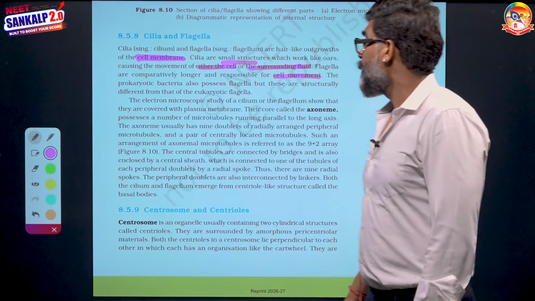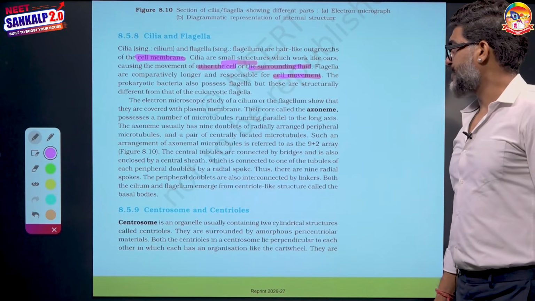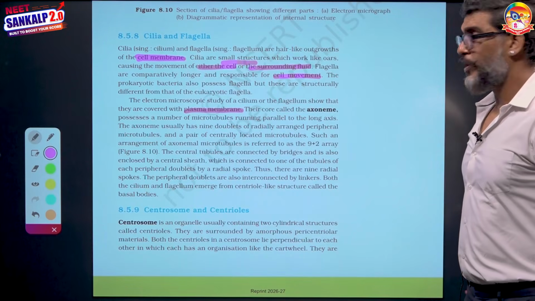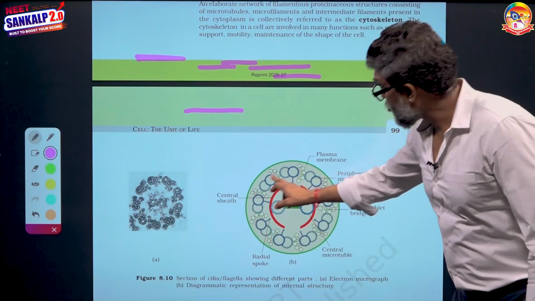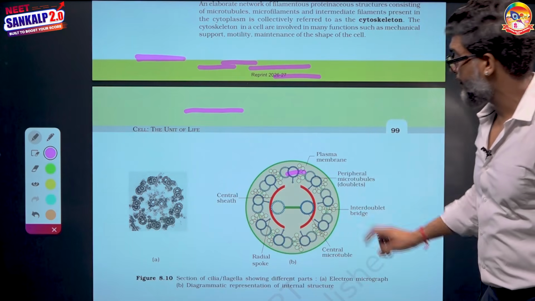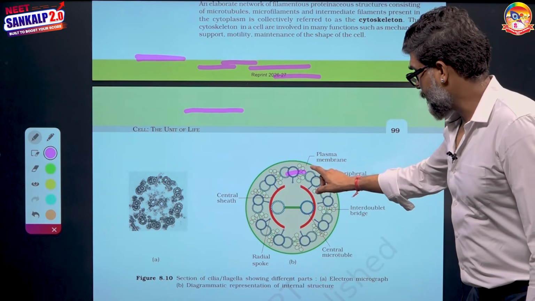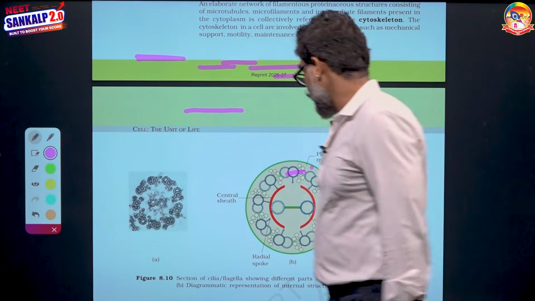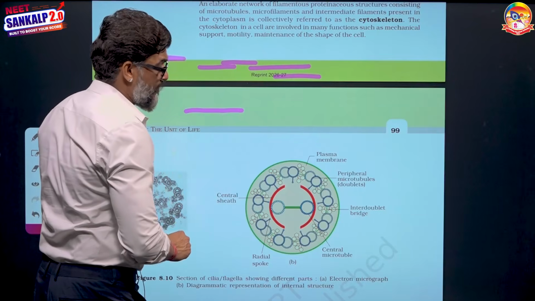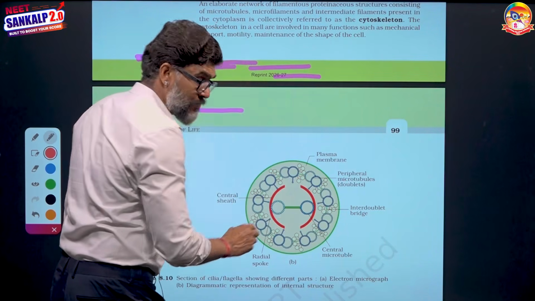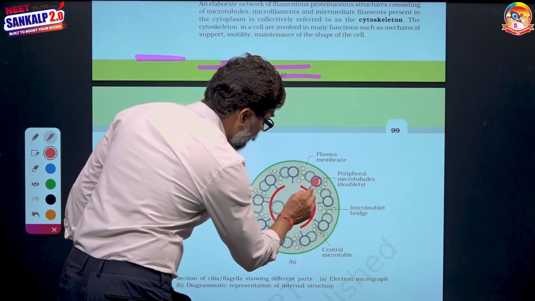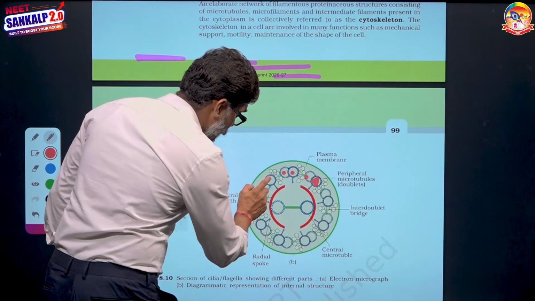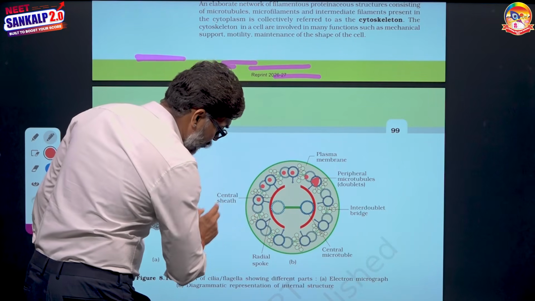We have discussed already, electron microscope study of the cilium and flagellum shows that they are covered with the plasma membrane. I said already, their core is called the axoneme. You are watching this skeleton-like structure. This is the axoneme. So this is the plasma membrane, then the matrix, and then the axoneme. This axoneme, if you count, is made up of 9 peripheral doublets. Peripheral microtubules, because they are microtubule A, microtubule B, microtubule A, microtubule B, and so on,